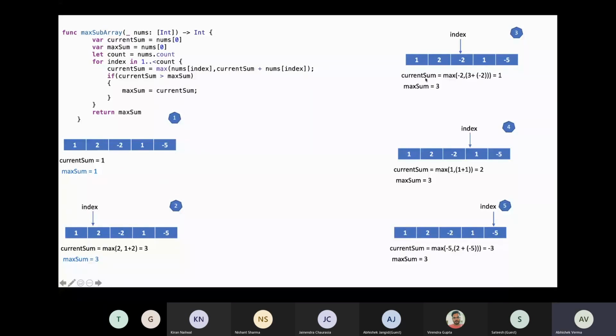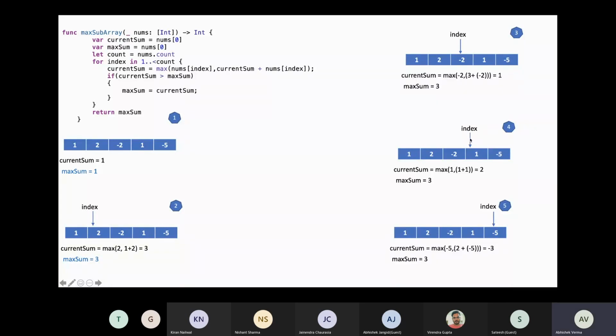Now I compute current sum, which is max of -2 and 3 plus -2. 3 minus 2 is 1, and the maximum of -2 and 1 is 1. So max sum is not updated and remains 3, but my current sum has become 1.